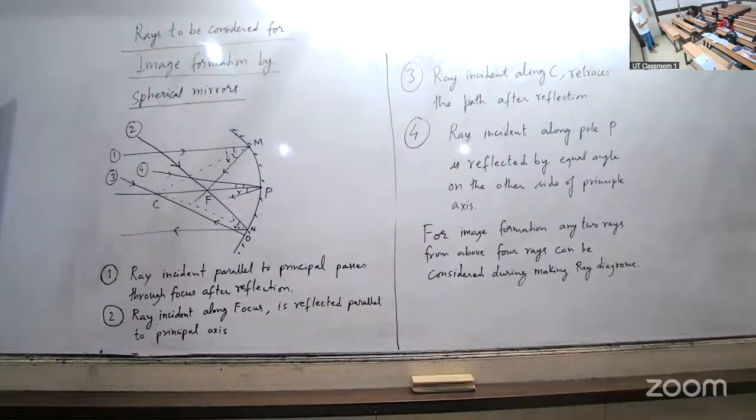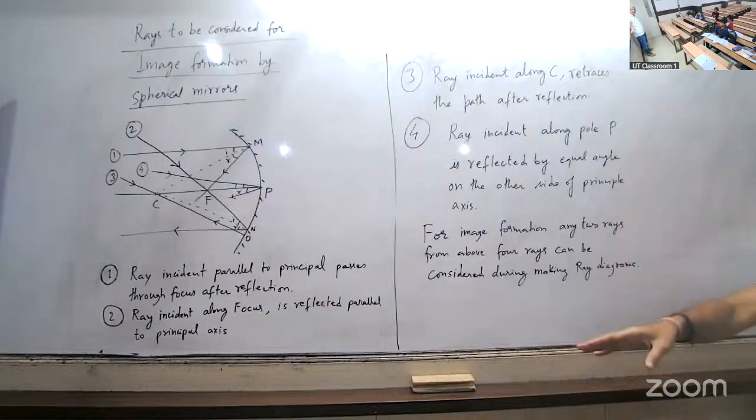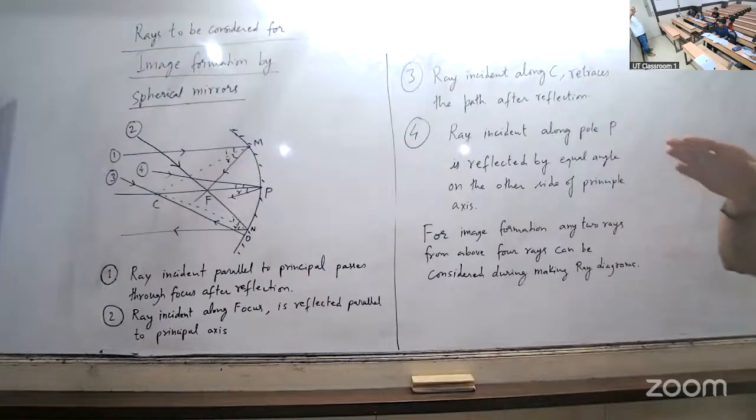और उन चारों हिटिंग में उसका इफेक्ट क्या होता है रिफ्लेक्टेड रे पे, ये हमको पता है। अगर रे पैरेलल हिट करती है तो रिफ्लेक्शन के बाद फोकस से जाएगी, तो हमें नॉर्मल बनाने की जरूरत नहीं। ठीक है, रे अगर पोल पे हिट करती है तो प्रिंसिपल एक्सिस के दूसरे साइड में रिफ्लेक्टेड रे बनाओ, मेकिंग सेम एंगल। अगर रे सी के अलॉन्ग इंसिडेंट होती है तो वापस सी से जाएगी। और अगर रे एफ के अलॉन्ग इंसिडेंट होती है तो वो पैरेलल हो जाएगी, वन का उल्टा है। बस ये नेचर अगर हमको समझ में आ गया, ऐसे बनेगा रे डायग्राम।